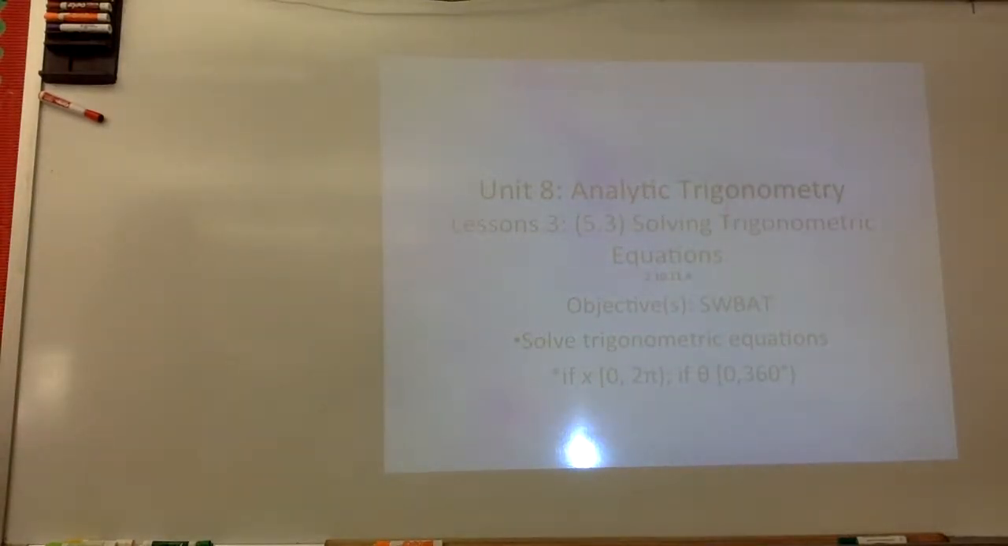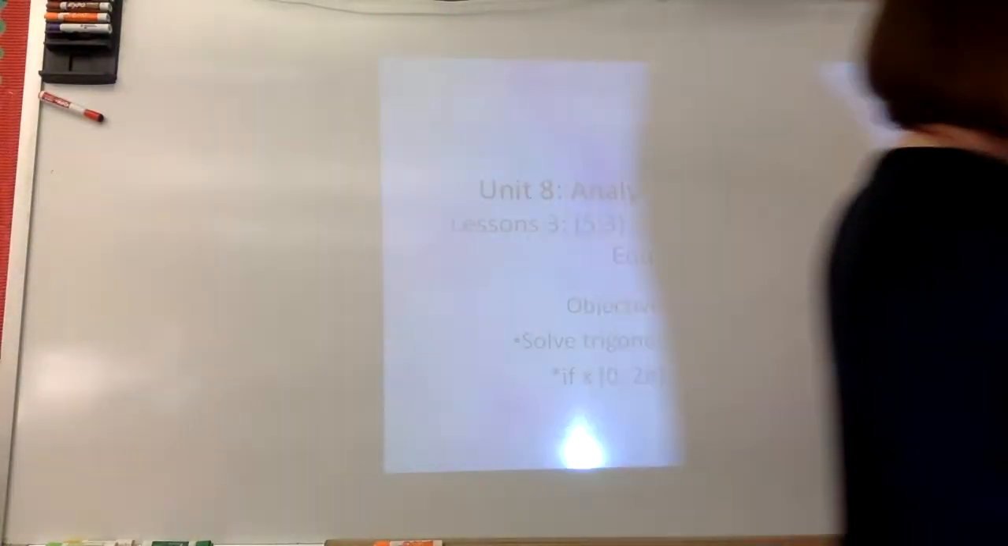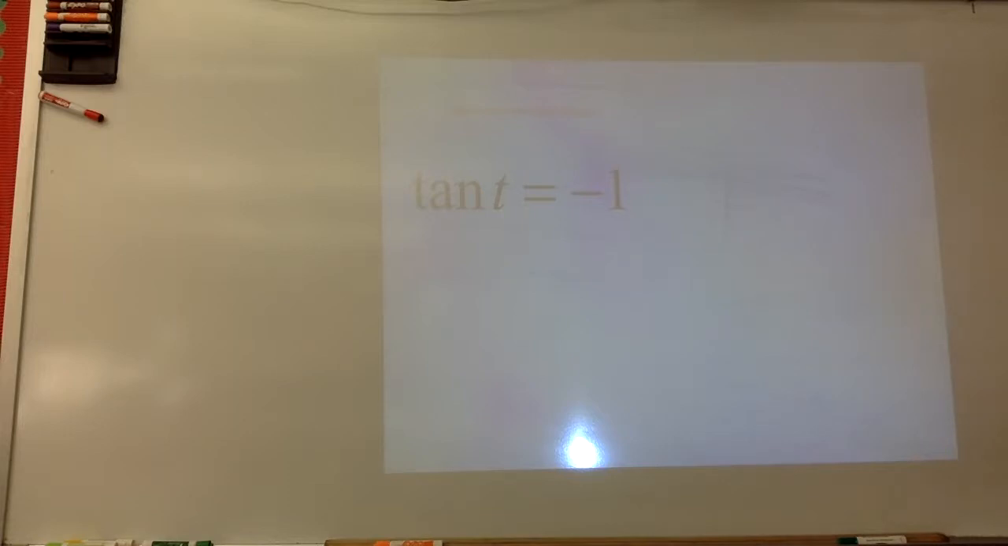So, Unit 8, Lesson 3, this is actually part 1. We're going to go back and talk about trig equations that look like this. If you remember about 3 tests ago, I would give you restrictions. I would say solve for t between 0 and 180 degrees, or 0 and pi when we're using t. So if I give you a trig equation that says the tangent of t equals -1,